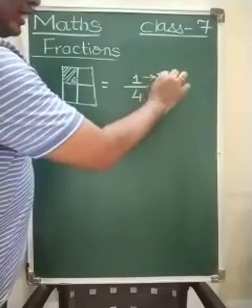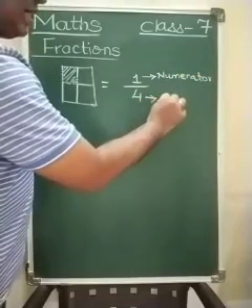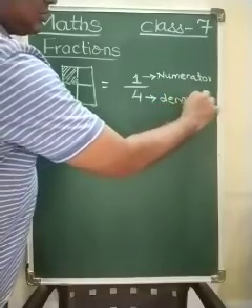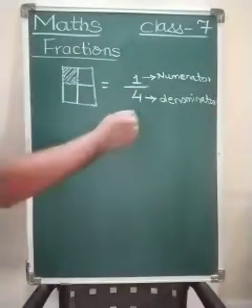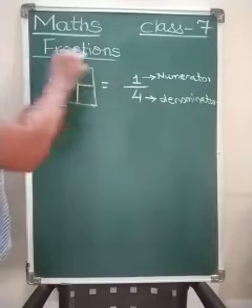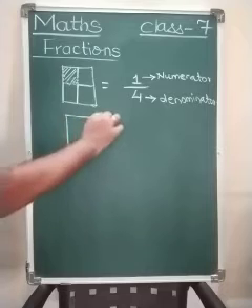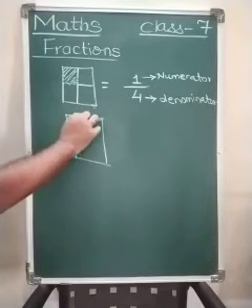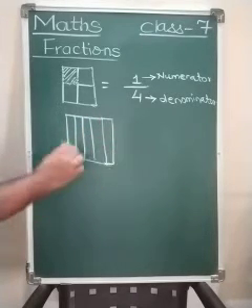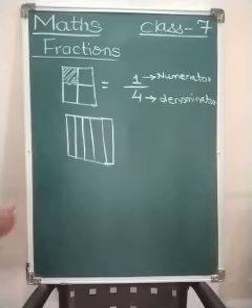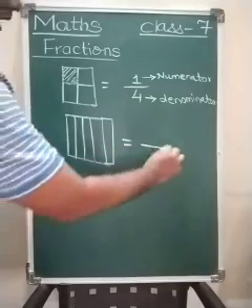The upper part is called the numerator, and the lower part is called the denominator. Okay, so numerator and denominator are the 2 parts. The denominator will always be the whole, or how many parts we are making. For example, suppose you take another chocolate, 1, 2, 3, 4, 5. So we have broken it into 5 parts, or there are 5 parts. So here the fraction would become out of 5.